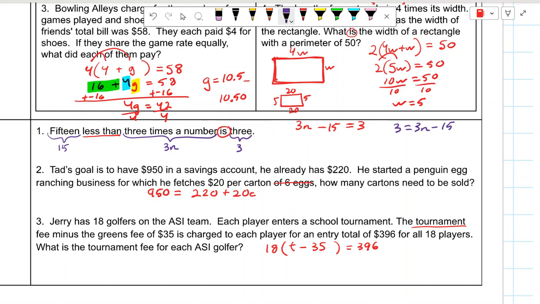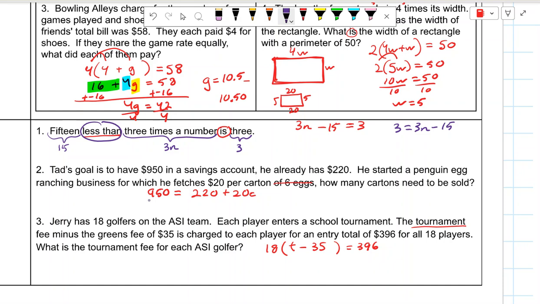And that would be fine. That's just turned around. But you definitely have to have a minus 15 and not 15 minus. That would be wrong because of the words less than. Be careful of that. On number 2, it talks about Tad's goal to have $950 in a savings account, and